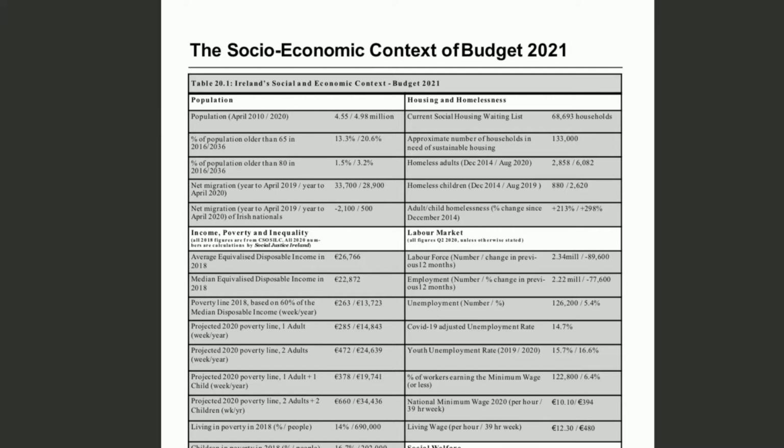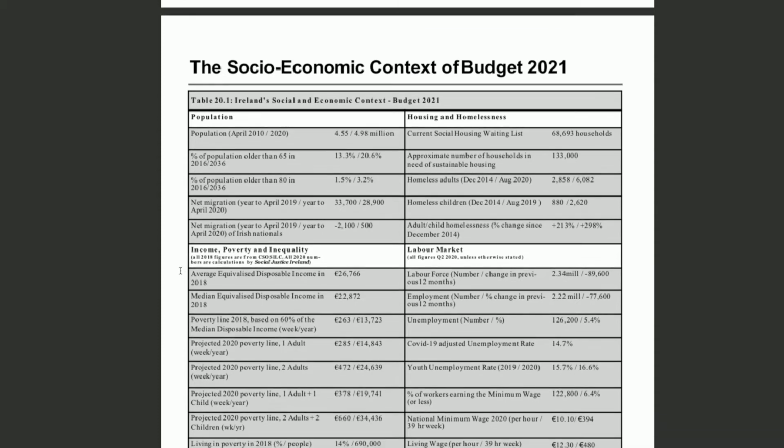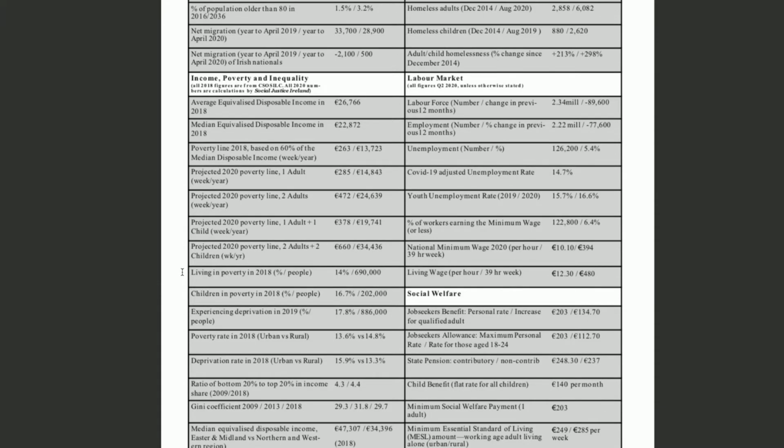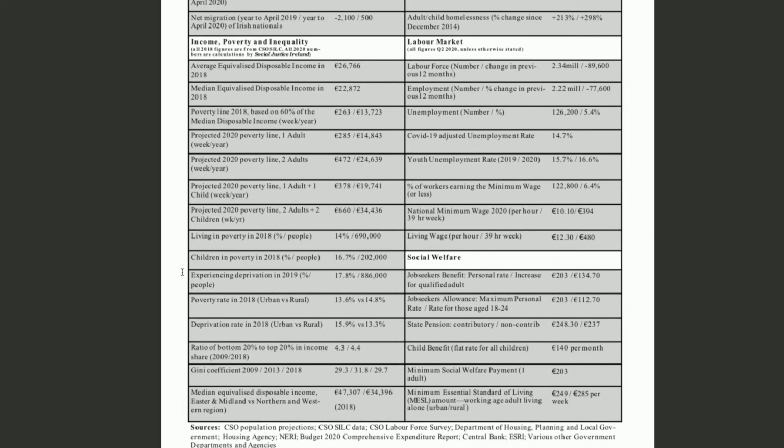Just sticking with the idea of helping to contextualise Budget 2021, we'll move very quickly to pages 20 and 21, which show the socio-economic context in which Budget 2021 was situated. So page 20 gives you some key numbers leading into the budget relating to income, poverty, inequality, information related to the labour market, to housing, some of it positive, some of it not. And page